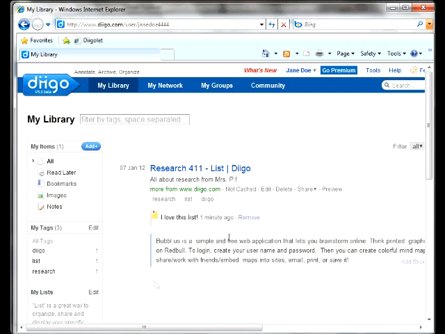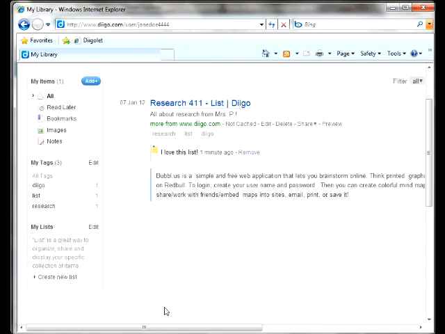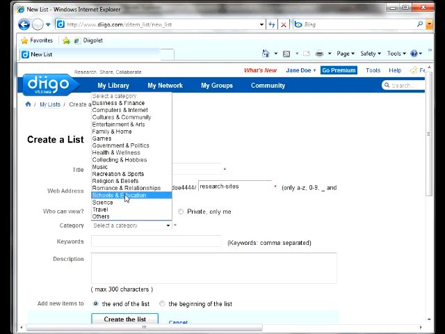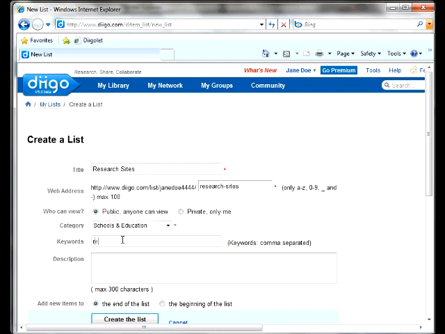It's all by itself, unlike Ms. Perales's list. In order to create a list, you have to click on Create New List. You can make one for your research paper. Maybe you just want to type it research sites. This will be a place where you can save all of the sites that you use when you access your research. All the URLs will be saved in one place, and when it comes to make your works cited page, it will be simple. I'm going to put this in schools and education, keywords, research, MLA, description, sites I used